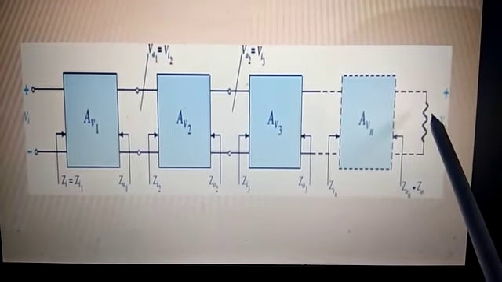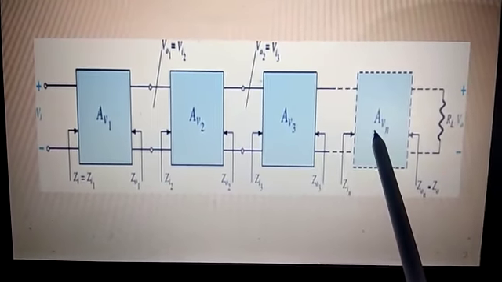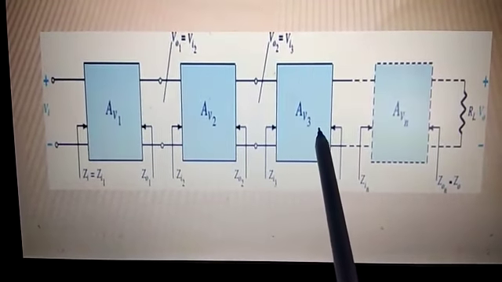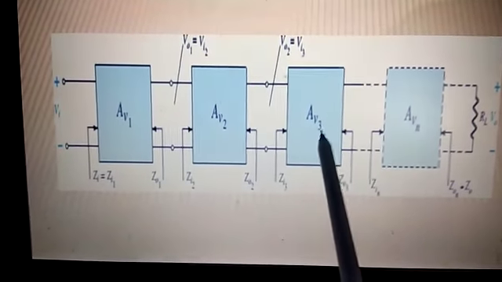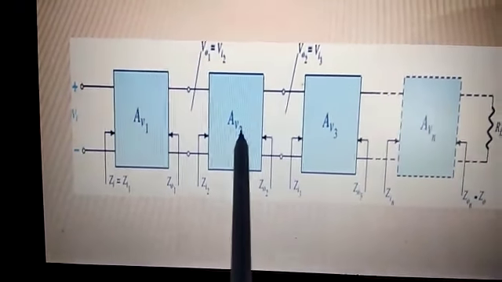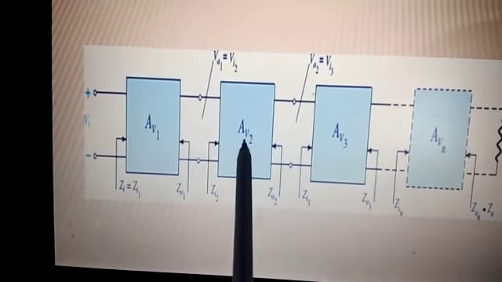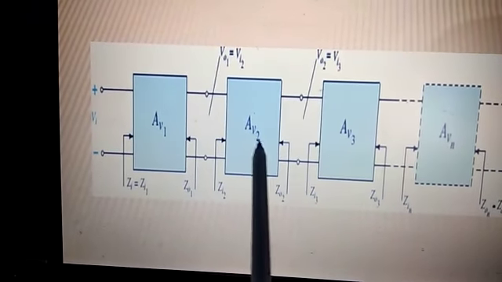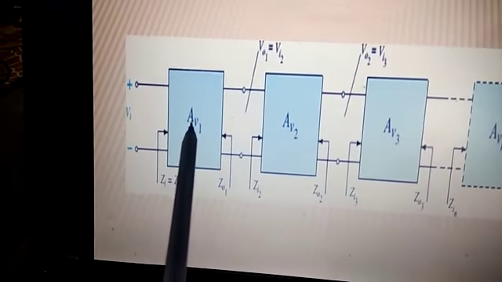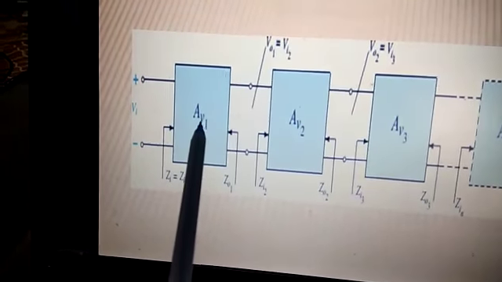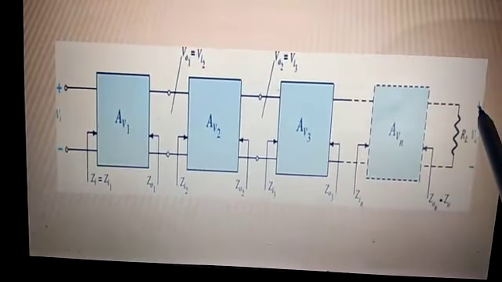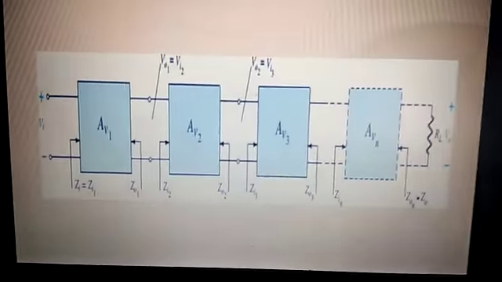The overall load having the effect on this last stage, load plus last stage effect will be the load on the previous stage. So there will be a reduce in the gain of the previous stage. The overall loading effect of the last stages will be on the previous stage. There will be a certain reduce in the gain of this stage, and overall load of these stages will be on the first stage or previous stage. So there will be a reduce in the gain. So this loading effect will be there. So in the analysis we have to go through the load analysis. We have to calculate the load also.